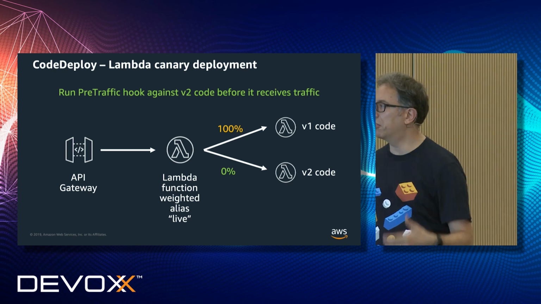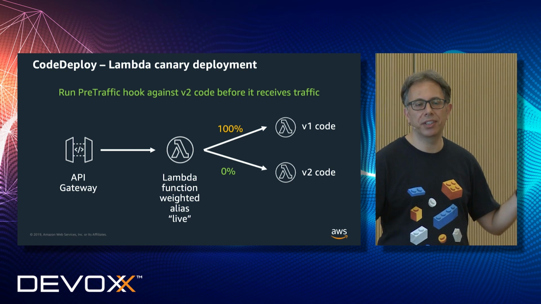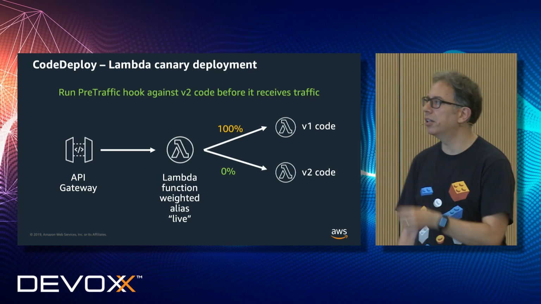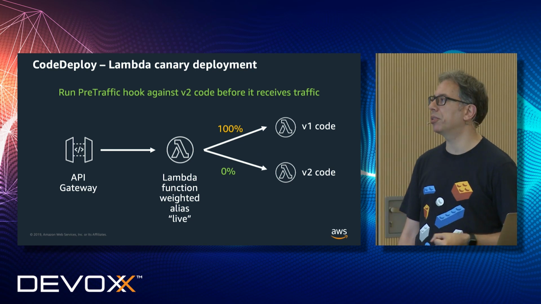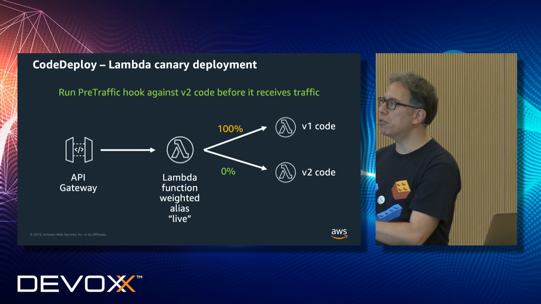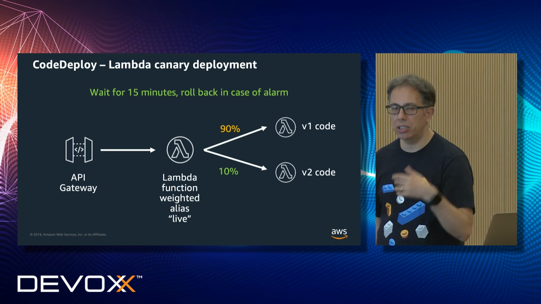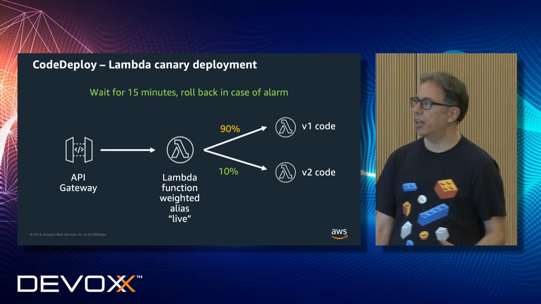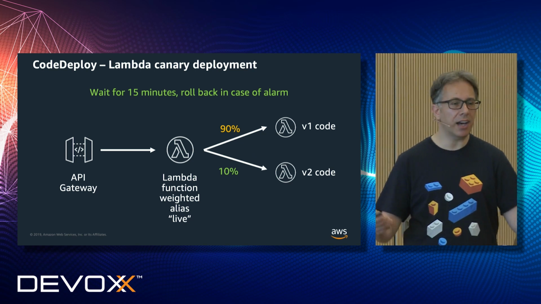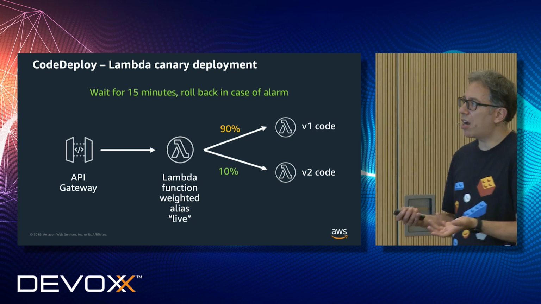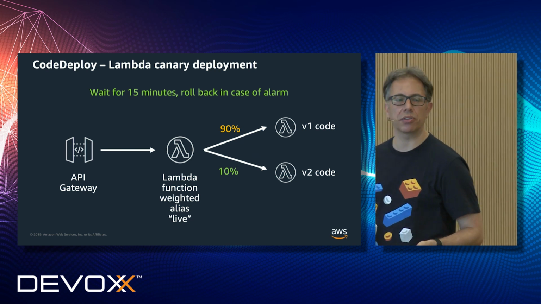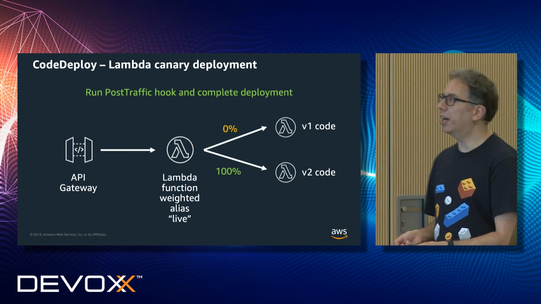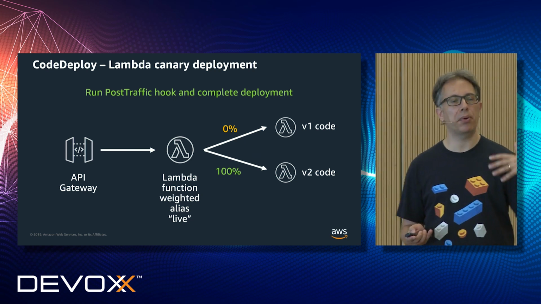So you can go outside of the 15-minute Lambda function timeout, because you have a callback that the Lambda function or someone else has to do back to Code Deploy to say, OK, go on with the deployment or not. So there's this pre-traffic hook we can check. Then, for example, you start to give 10% of traffic to the new version of the Lambda function. And you can check alarms. If there is any alarm, we roll back automatically. If there are no alarms, after maybe 15 minutes or some time that you define, all traffic is moved to the new version.